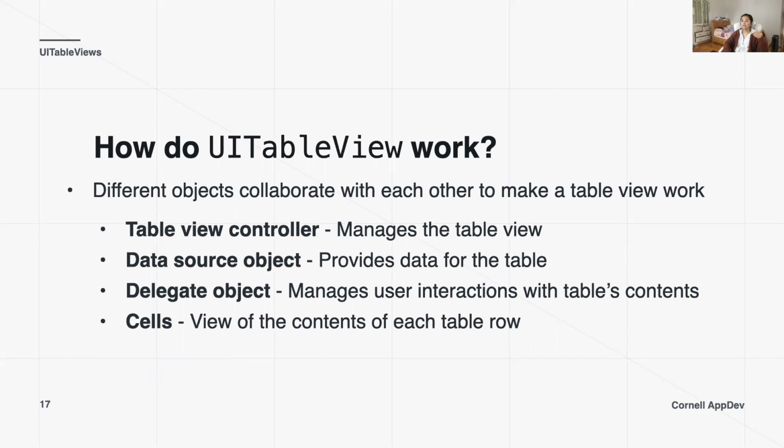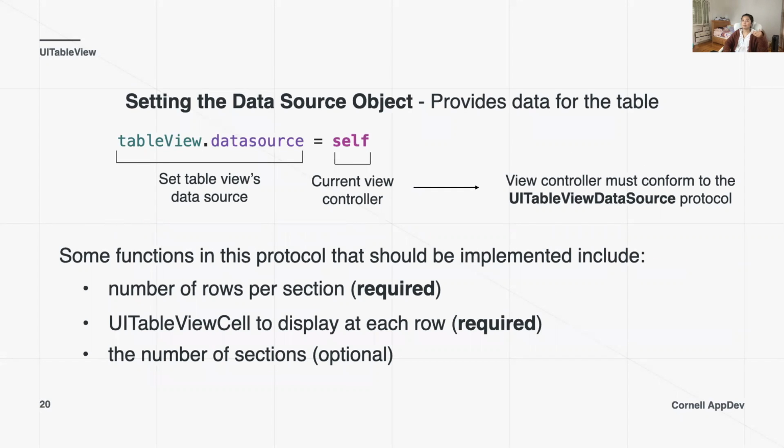And so basically the line tableView.dataSource equals self is the line that is setting up the data source object of the table view. And that basically provides the data for the table. And so when you're saying tableView.dataSource is equal to self, you're saying that we want this current